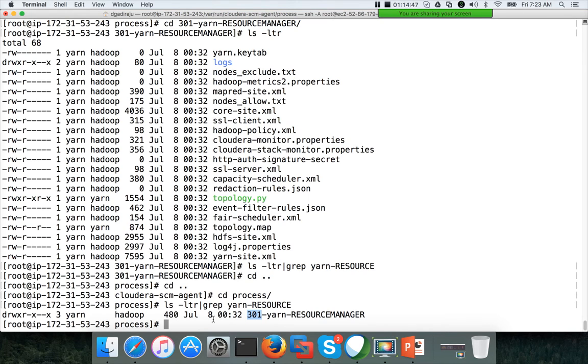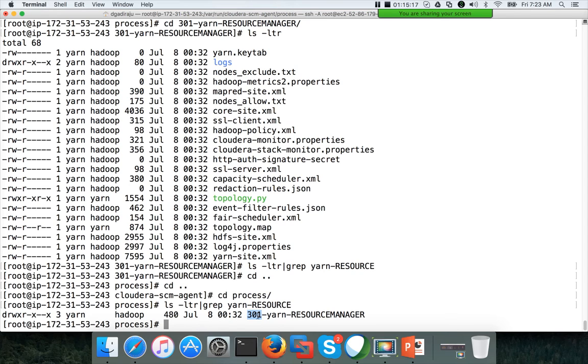That is more important, because if some person makes changes to the directory offline, then even though the number is different, when you use the ls -ltr command, the latest directory need not be the best one to pick. Always pick the directory which has the highest value if you want to review the parameters to troubleshoot any issues at runtime, and if you don't have access to the Cloudera Manager or Ambari server at that time.